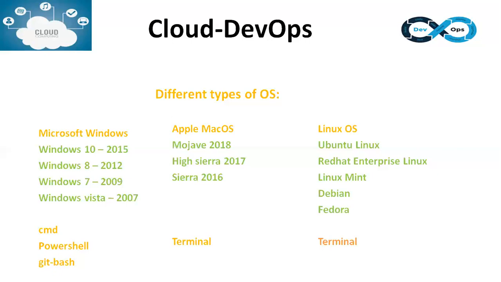And whenever we want to access Mac OS without a user interface, we will definitely go for the terminal. So terminal or Command Prompt or PowerShell or Git Bash, whatever you take, these are all non-user-interface tools. We want to operate our personal computer or any server without any user interface. In that scenario, we will go for the terminal, PowerShell, CMD or Git Bash. So when you are working on any server, in most cases you will go for the terminal only. You will not see any user interface there, because that is how the system performance can be improved.